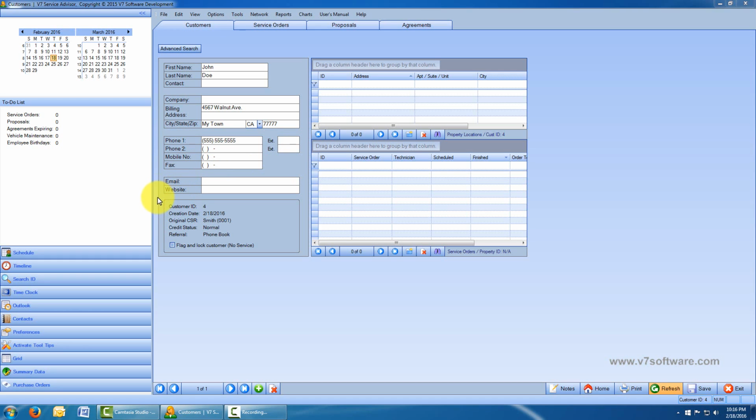Now down at the very bottom here we have the customer summary information: customer ID, the date it was created, the original CSR, who took the call, their credit status, their referral,